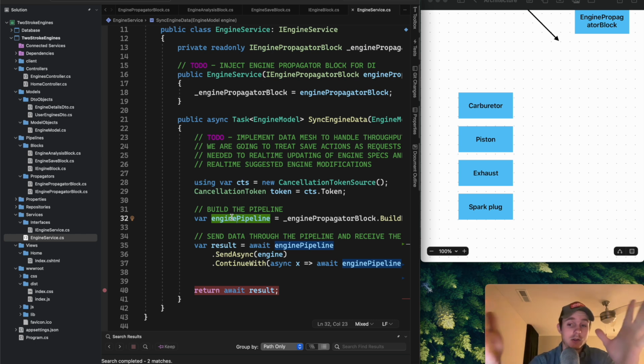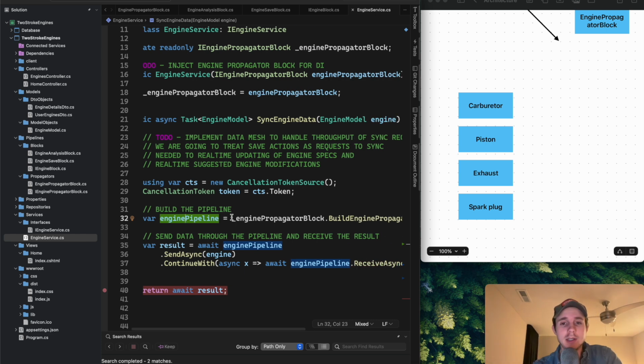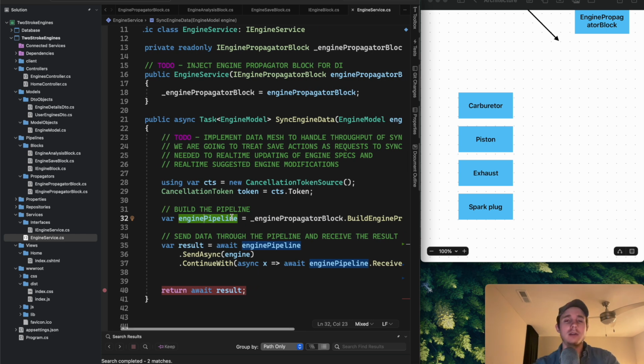And now we've set it up in a way where we can send information through that pipeline and not necessarily receive it either, which is a huge reason why I want to do this, because it's going to offer us a natural buffer too. So I may build a buffer block into this beforehand, because if we're sending so much information, we can't always be sending it and then awaiting it and then sending more. We kind of have to just send it and then not even wait for the response. And I think that's really where the power of this pipeline is going to come in, because if we have this pipeline set up,